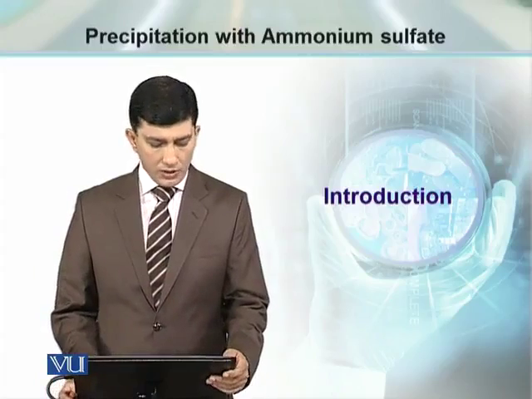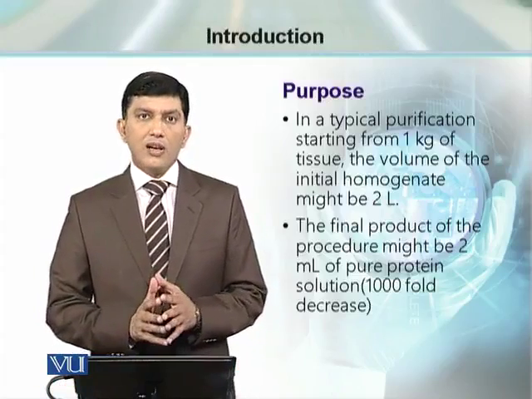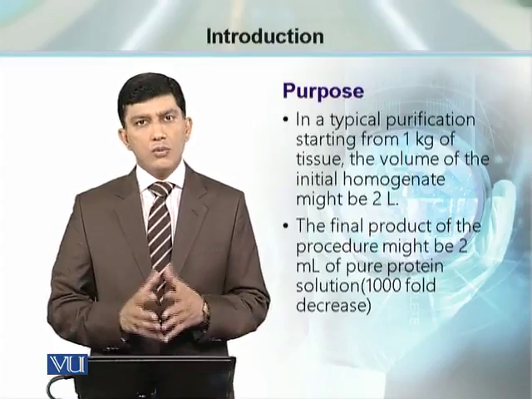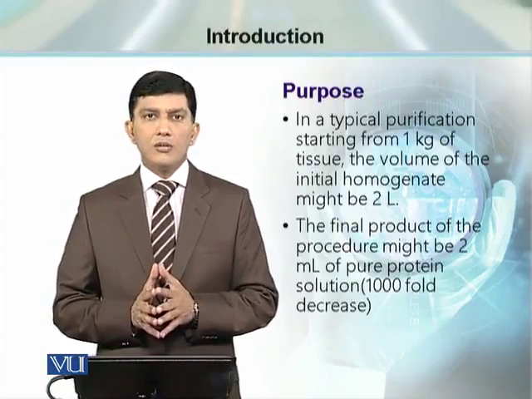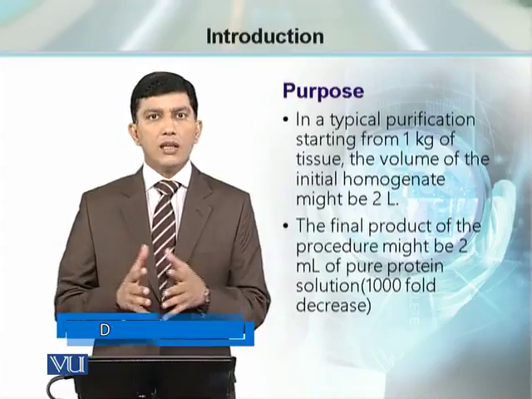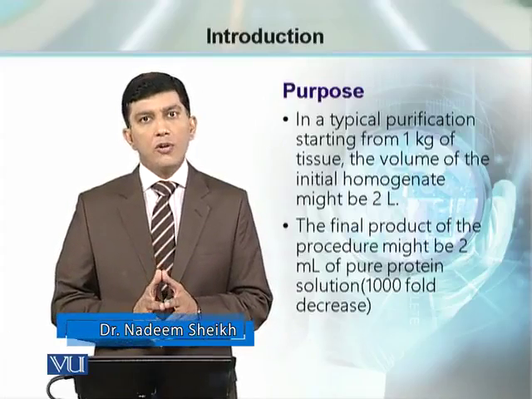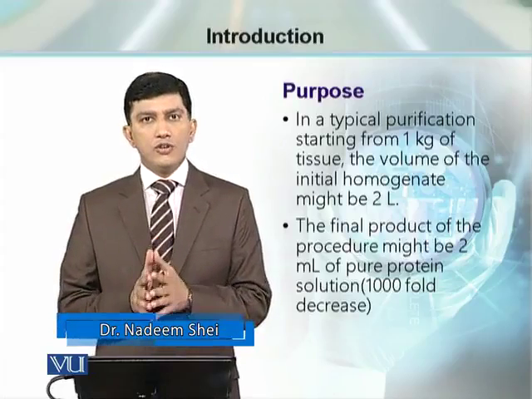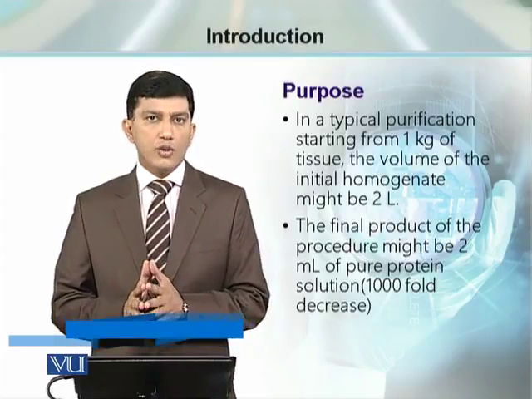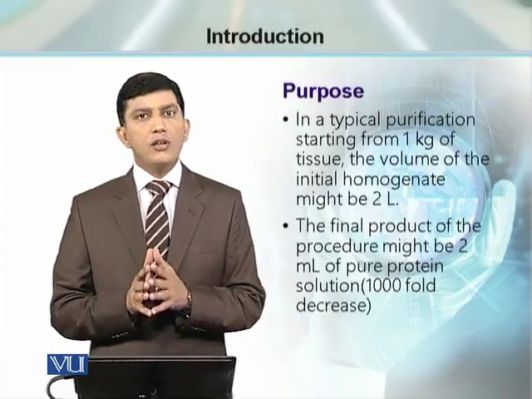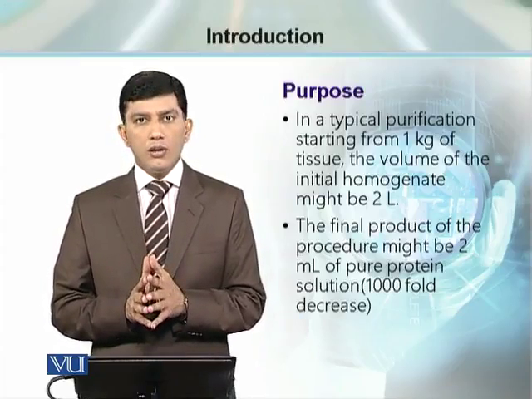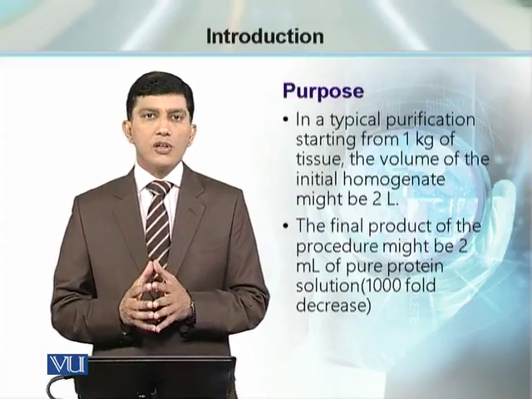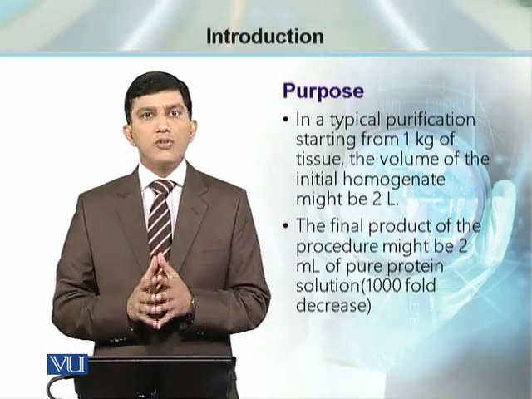इसकी मेजर वजह क्या है कि जब हम लार्ज स्केल प्रिपरेशन की बात करते हैं, having a large tissue, proceeding further for homogenization to get the tissue lysate, then the volume is quite big. For example, 1 kilogram of the tissue can give you 2 liters of the homogenate. That 2-liter volume is not workable, and at the end of this experiment or this isolation, the working solution will